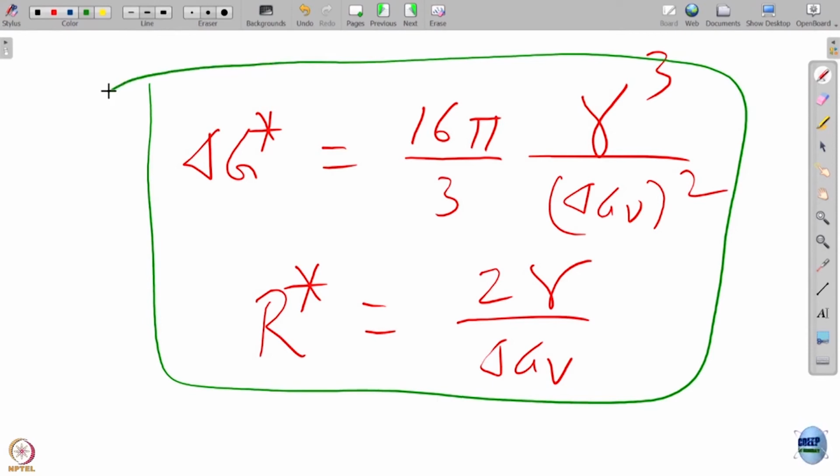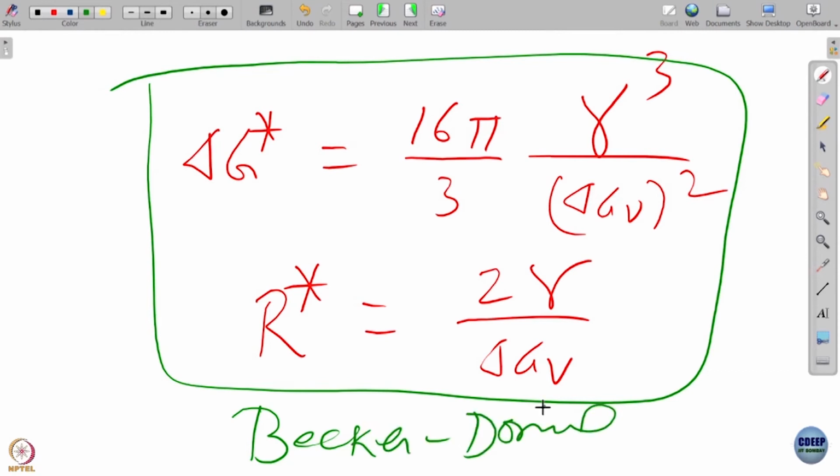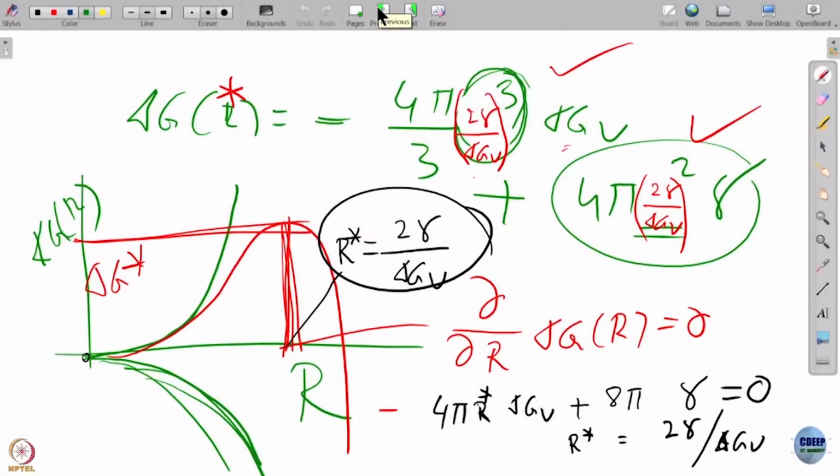So, these are the two very important expressions. This theory of nucleation is called Becker-Döring. Let me tell you, this theory was also used in nuclear fission and across condensed matter physics and chemistry. It's an amazingly important and beautiful thing. So, basically what we have done is considered a combination of surface term and the bulk term, and I just wrote down a very simple expression.